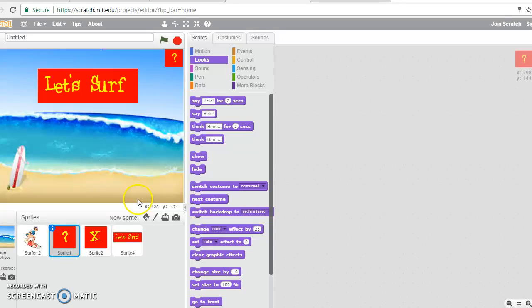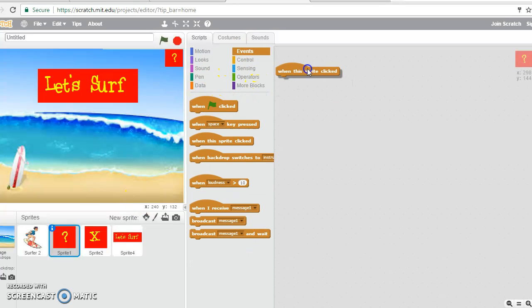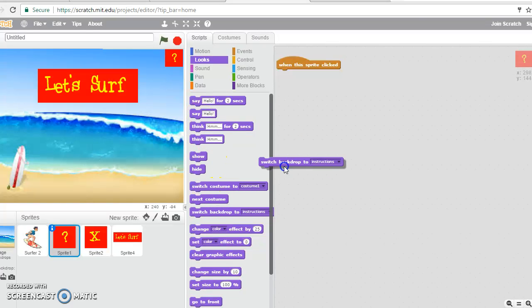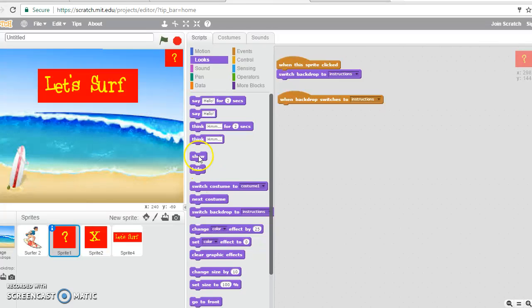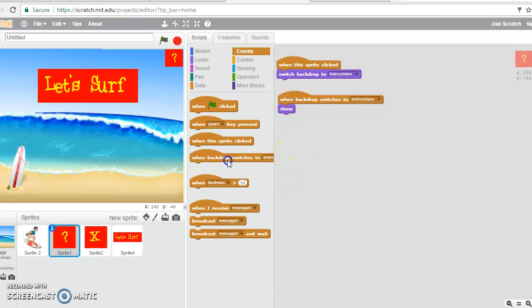Tells people how to play. We'll start with when this sprite is clicked. When the sprite is clicked, switch backdrop to instructions. And then we'll go to our next one. Sorry, just trying to find this. Okay, when backdrop switches to instructions, show, and then we can go when backdrop switches to menu,